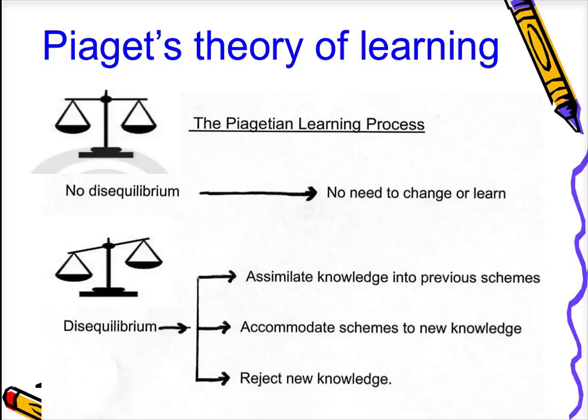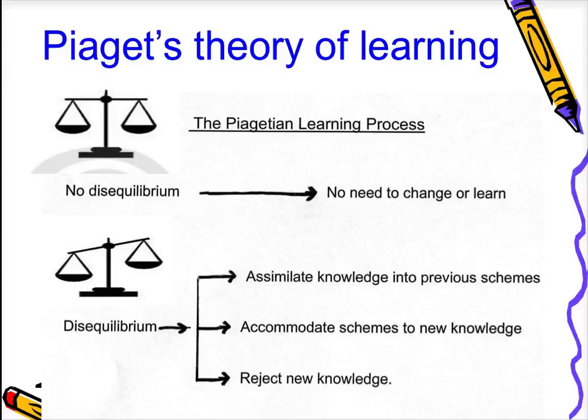So Piaget's idea about how people learn goes as follows. Basically, when people construct a mental model of the world in their heads, how does the world work, what's in it, all those kinds of things. And as long as your experiences in the world correspond with that mental model, you are in a state of